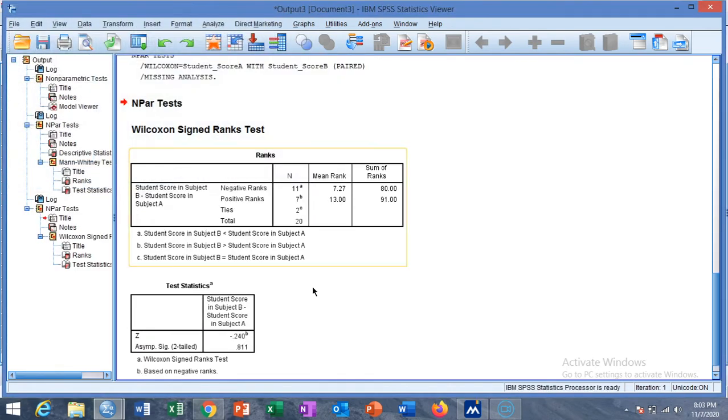Then click on OK, and you will see the z value as 0.24 and asymptotic significance as 0.811, which also provide no evidence of significant difference of the two medians. The null hypothesis was that there is no difference between the two population medians.